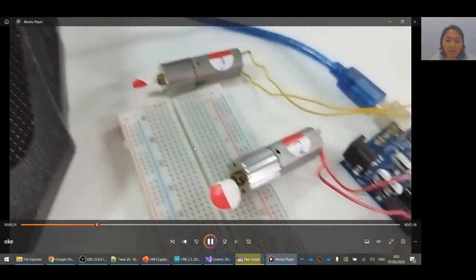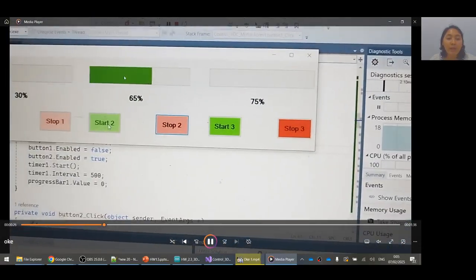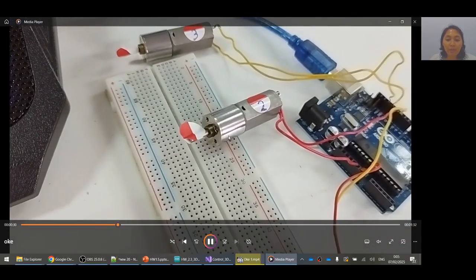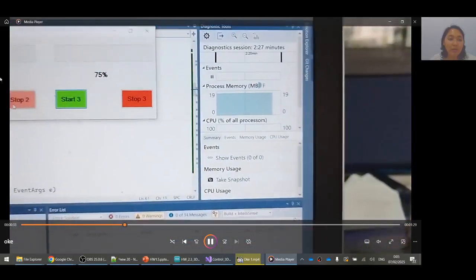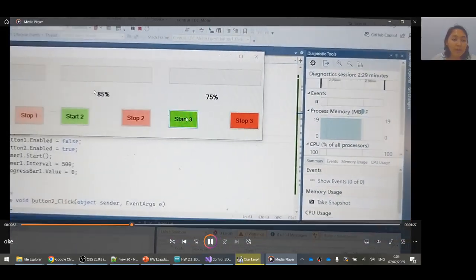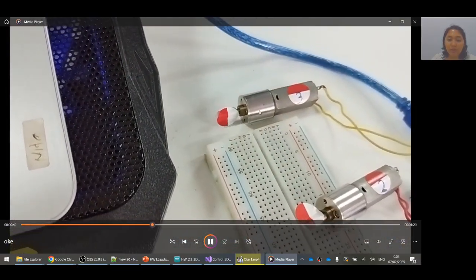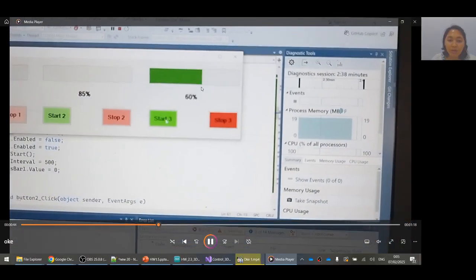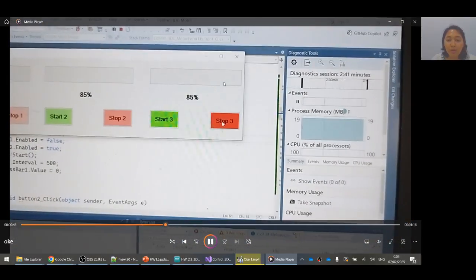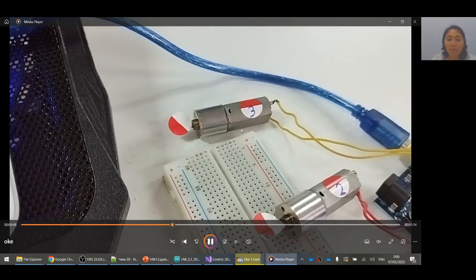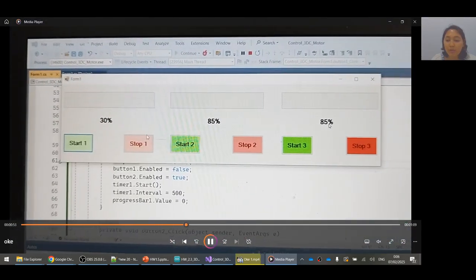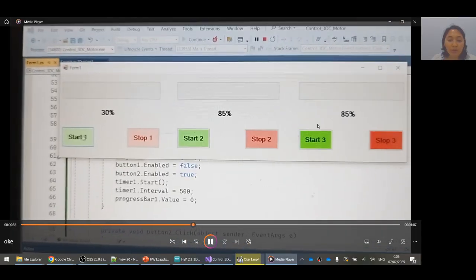Then when I click stop, the motor will stop, and the value stops at the last value. And then I will start again, button start 3, the DC motor 3 rotates, progress is on, then stop, the motor will stop, and the value of level 3 is at the last value.